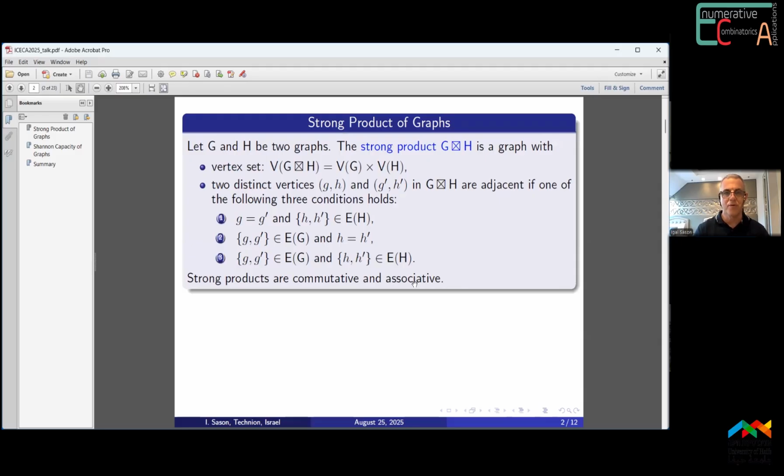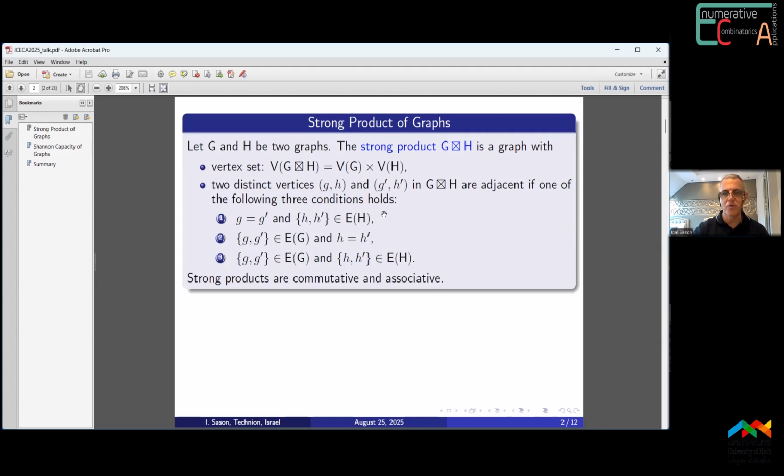Consider G and H to be two arbitrary graphs that are finite, undirected, and simple, no loops, no multiple edges. We define the strong product G times H to be the graph whose vertex set is just the Cartesian product of the vertex sets of G and H. And as for the edge set, two distinct vertices, (g,h) and (g',h'), in this strong product are adjacent if one of the following